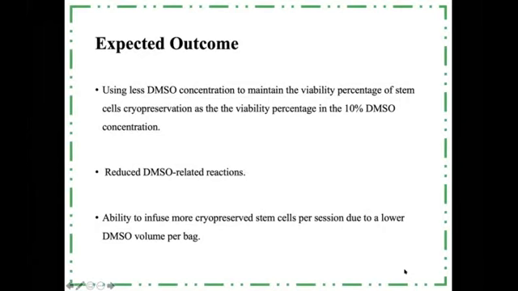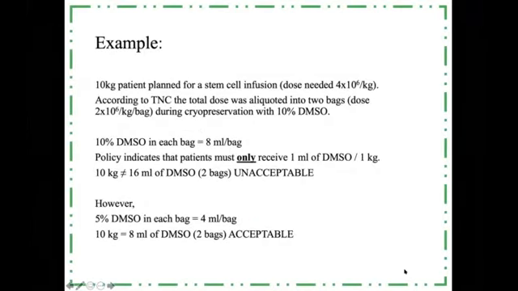Now, what do I mean by that? Let's say we have a 10 kg patient planned for cryopreserved stem cell infusion, and the dose they need is 4 million per kg. Now, as you know, we freeze our stem cells according to the total nucleated cell count in the product. So let's say, according to the TNC, we had to freeze our total dose into 2 bags, so each bag would have 2 million per kg. And